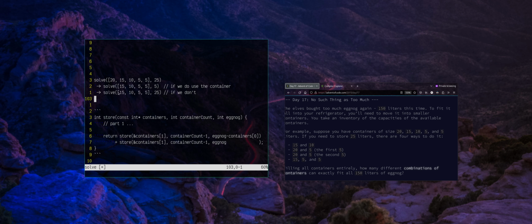And so in that case, we just take off that ignore it and don't bother subtracting out the eggnog because we never put any of it in there, right? And so if we figure out how many ways can you do this where you use it, and how many ways can you do it if you don't use that one, adding those together should just give the total number of ways we can do this with the option of